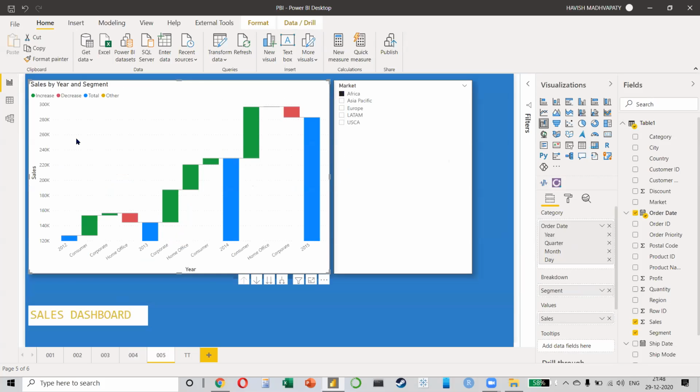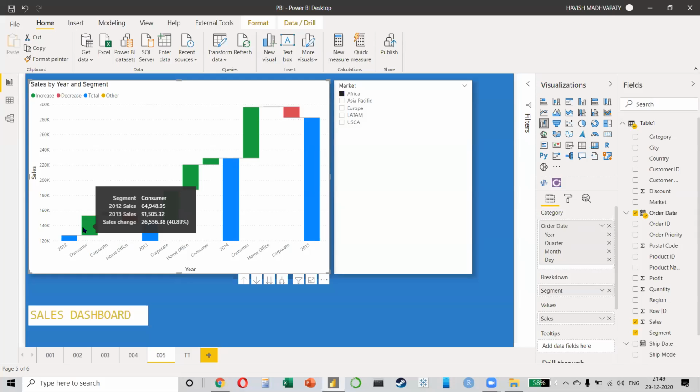After that, we had done some inbuilt calculations. So this is a waterfall chart in which we are looking at the order date, and we're also looking at the segment breakdown. What this means is that it breaks the year over year change. So from 2012 to 2013, we know that the sales have increased and quite a lot. So in Africa, from 1.27 lakhs, it has become 1.44 lakhs. But we want to confirm whether this change has happened across all the three business segments or only in a few of them. That is what we can find here.